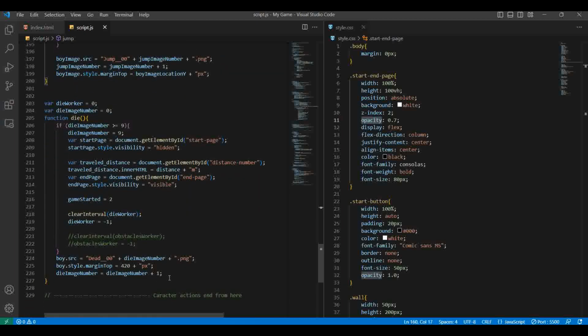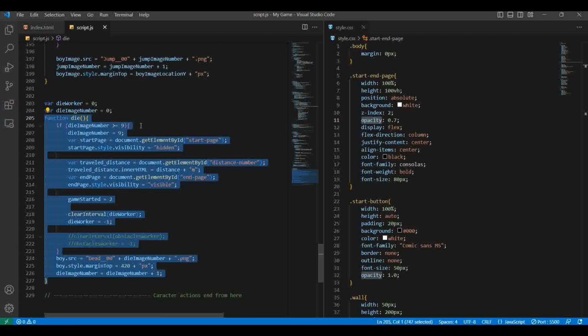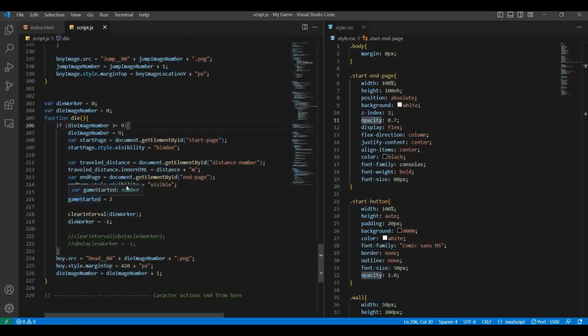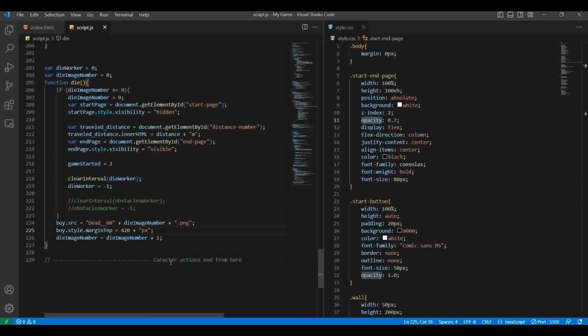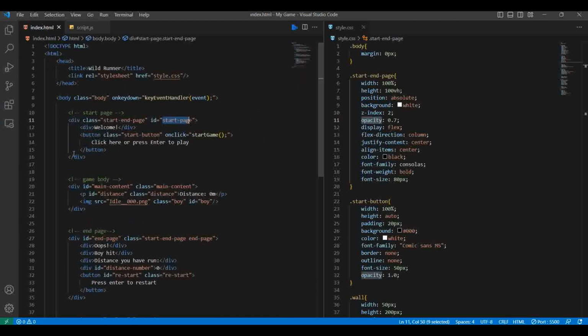After that, I have created a die function. This die function shows the game character dies when our boy hits some obstacle. We can see the boy dies slowly, and that's all in my script.js file. Next, let's move to the